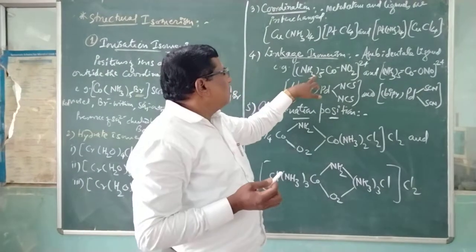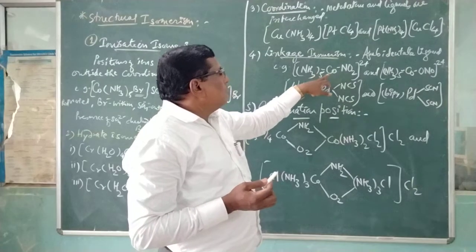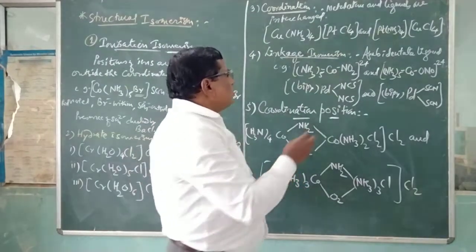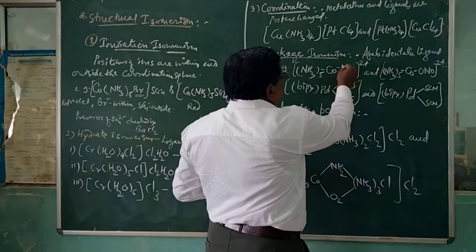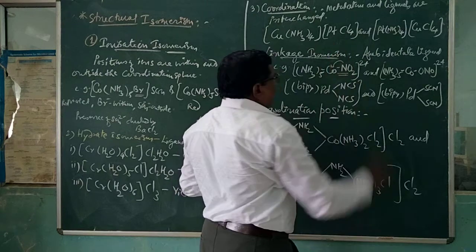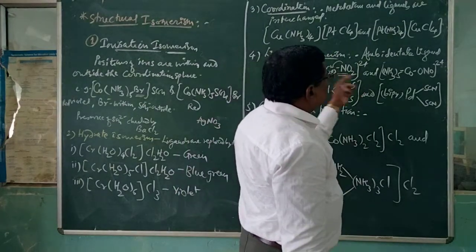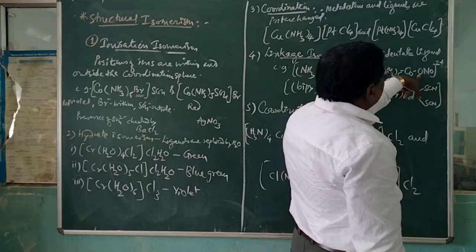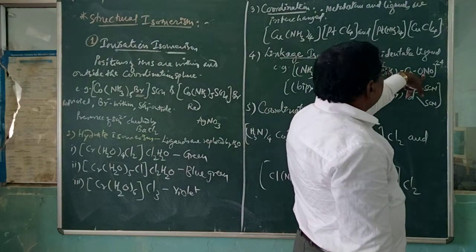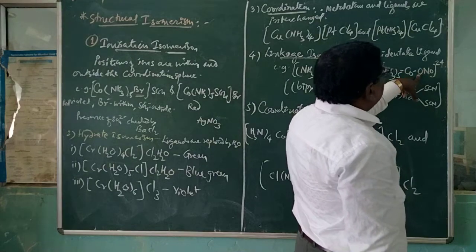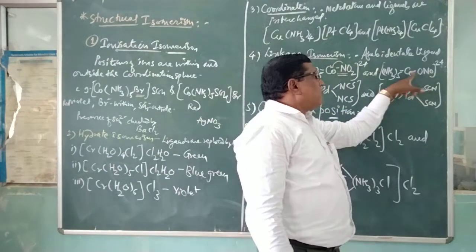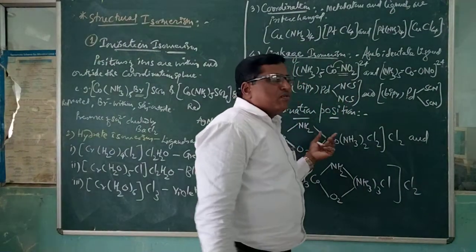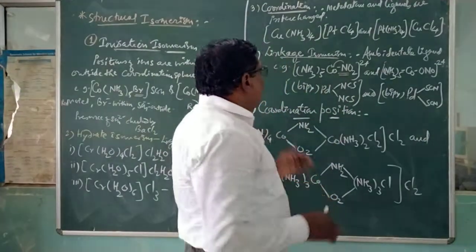If we take here NH3 with cobalt, and NO2 here, this NO2 is an ambident ligand. It can be attached by the use of nitrogen. Now again, in the same complex, we have NH3 and ONO, called nitrito. Here the attachment is through the oxygen atom to this cobalt, and therefore the attachment can be different, and this is possible by using ambident ligands.